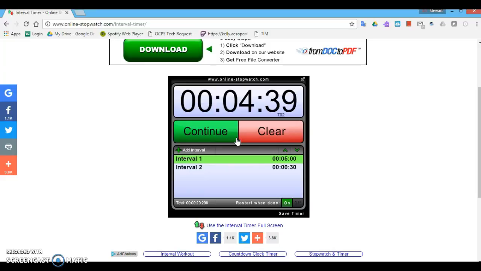And say after 2 or 3 stations, you're like, hey, this isn't enough time. I need to give them more time for the transition period. So I'm going to go down here to interval 2. You just double click on it. You double click, you change the time, you hit save and update, and then it will begin to work in it there as well. So it's a really great resource, this interval timer, to keep you consistent in your time